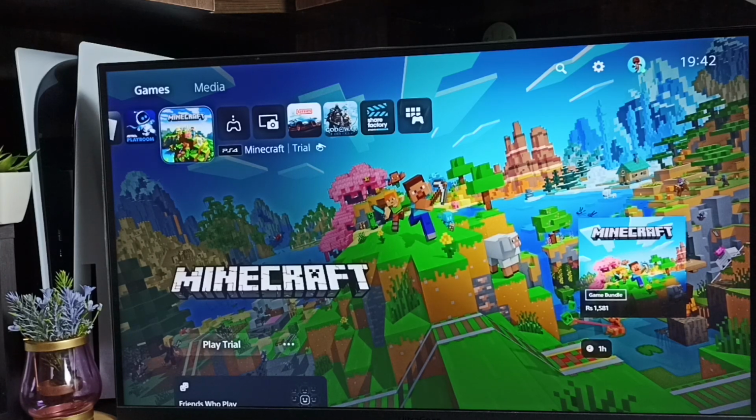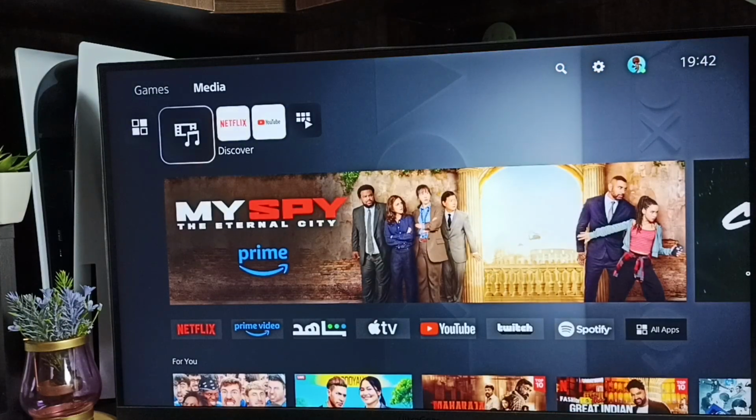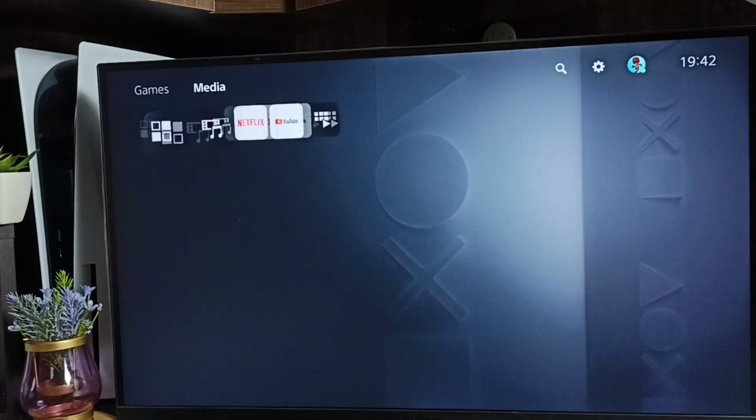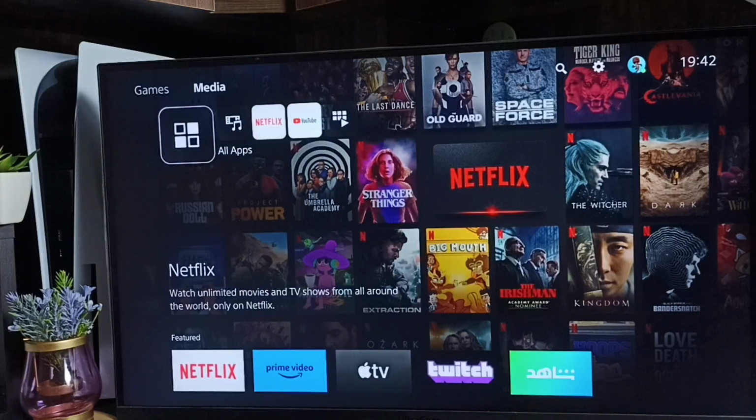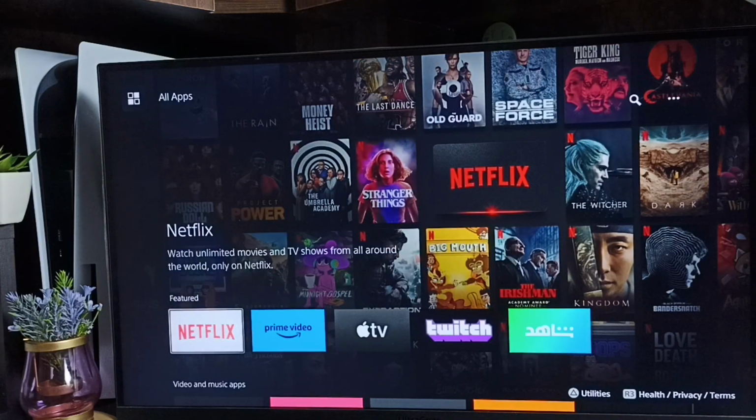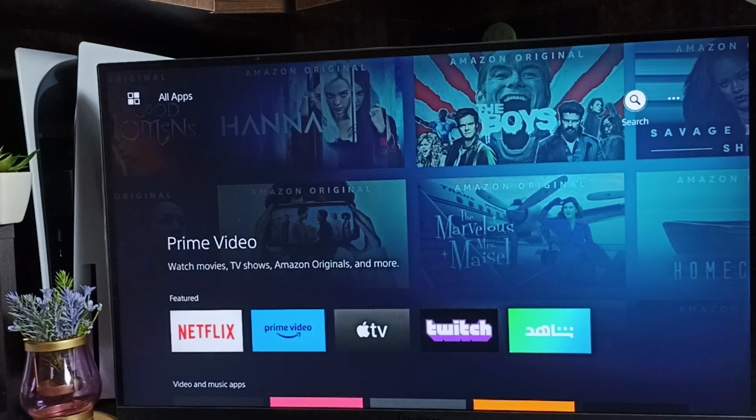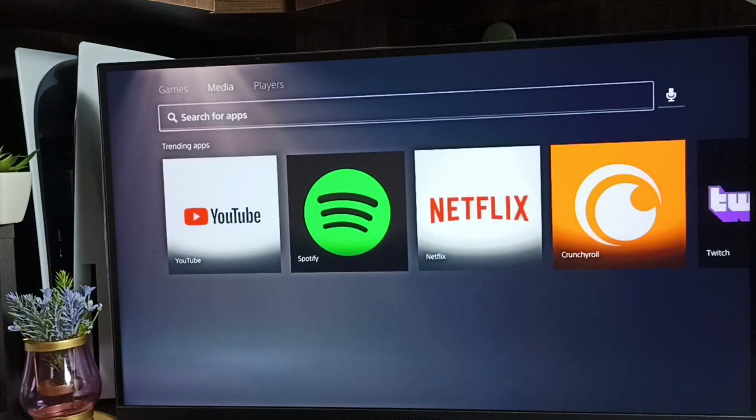First go to Media tab. Select Media tab from top left corner. Then go to left side and select all apps. Now we are inside all apps. Here on top right side you can see search. Here we can search for